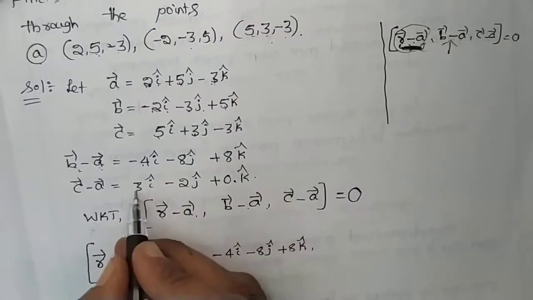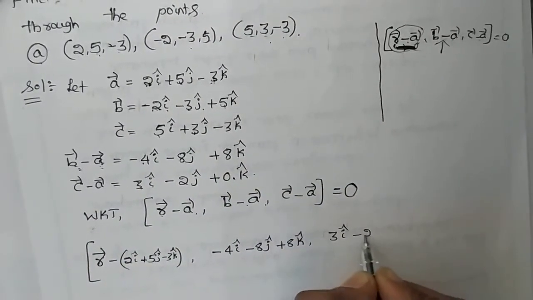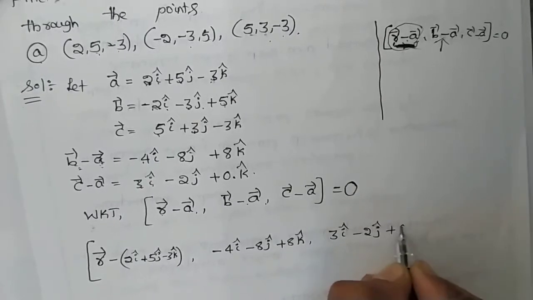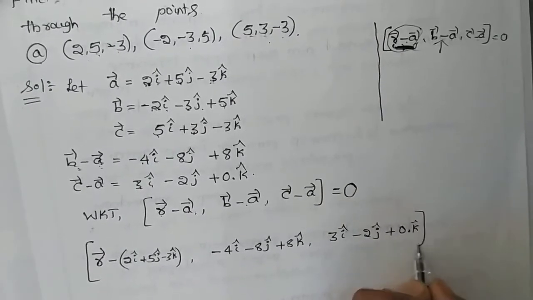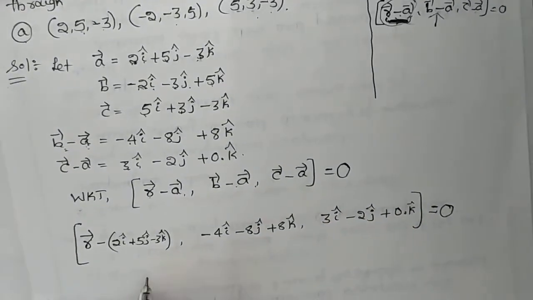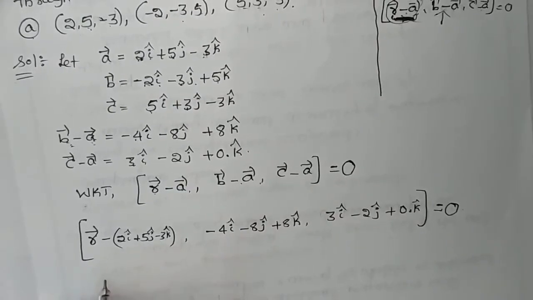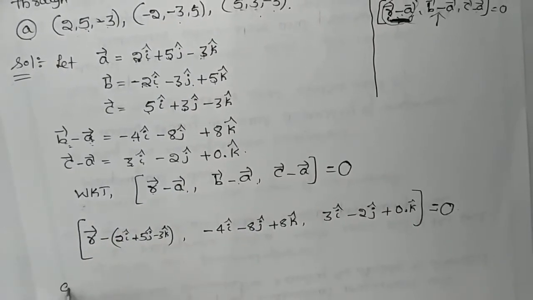Next, c minus a will be 3i minus 2j plus 0k, equals 0. Hence, it is the required equation of a plane. This also can be written as